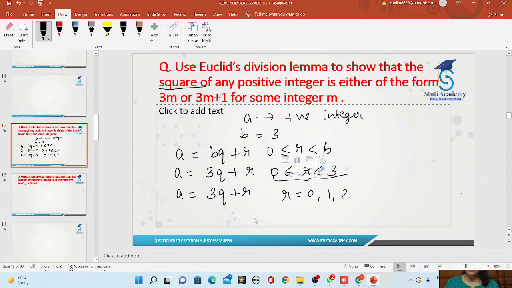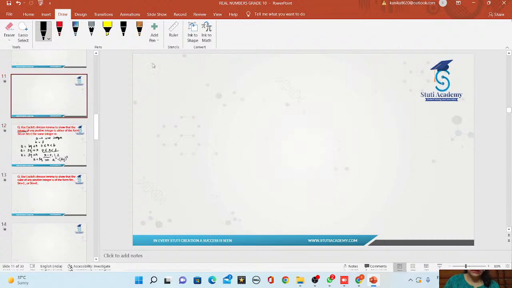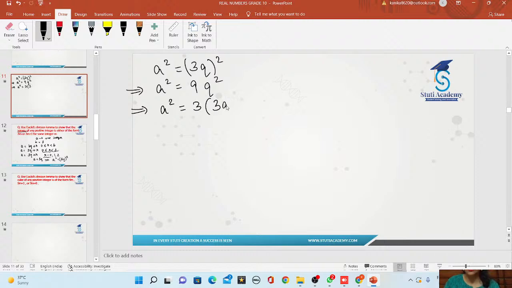So I'm going to take a is equal to 3q in the first case. That I've taken because I've taken r is equal to 0. So if r is 0, this becomes a is equal to 3q. Now when we square both the sides, we get a square is equal to 3q whole square. I'll write it neatly here. a square is equal to 3q whole square. Now we can write this as 9q square, and then we can write this as a square is equal to 3 times 3q square, and this can be written as a square is equal to 3m, where m is